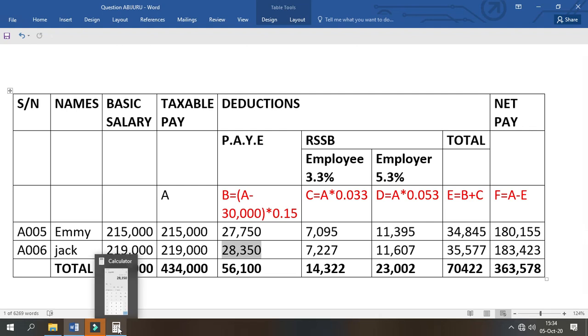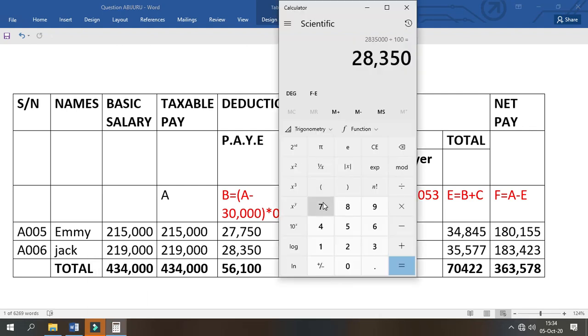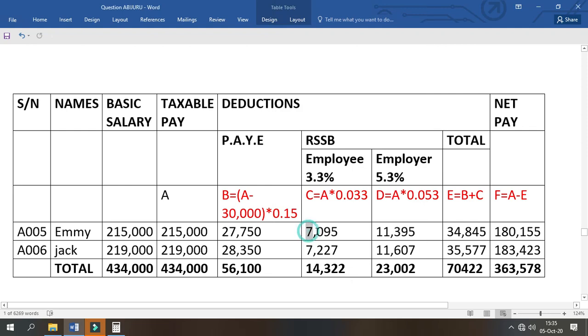Let me calculate this. The employee portion contribution to the Rwanda Social Security Board, for example for ME, is equal to 215,000 multiplied by 3.3, divided by 100, which is equal to 7,095. And for JEC we take